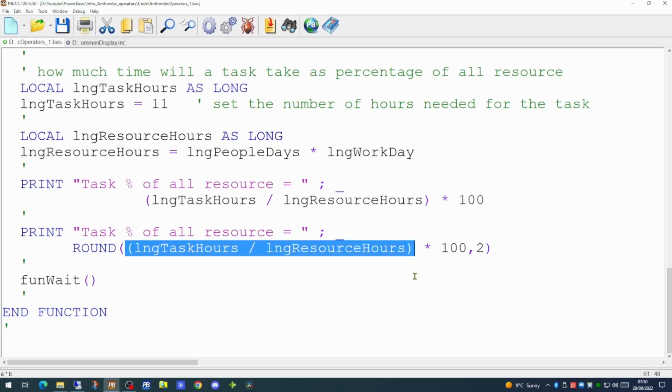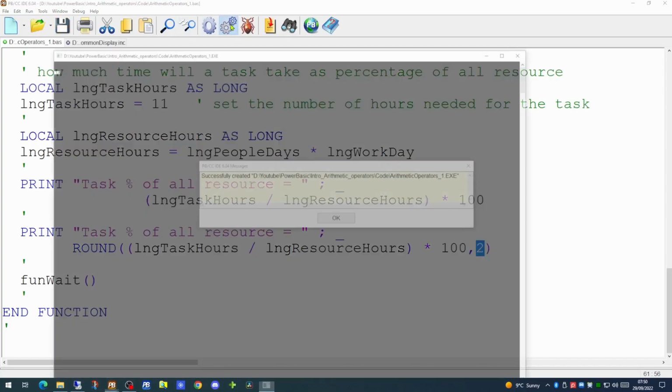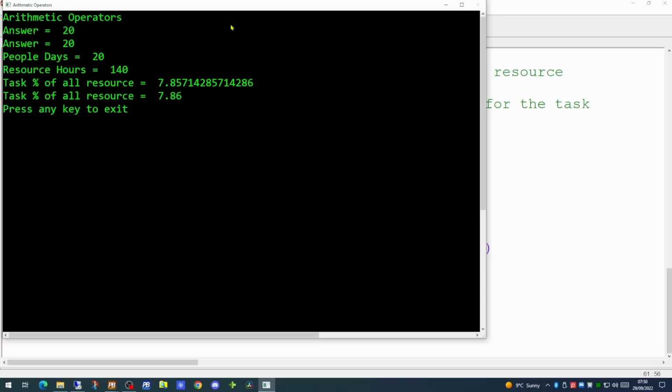So the application will first calculate the result of task hours divided by resource hours, as this is in the internal brackets. It will then multiply this by 100. And then its final task is to use the round command to round this to 2 decimal places. So if we run this application now, we will see that we have a rounded up value of 7.86.